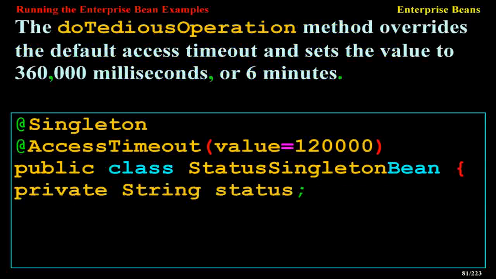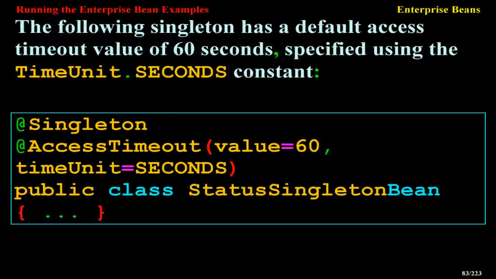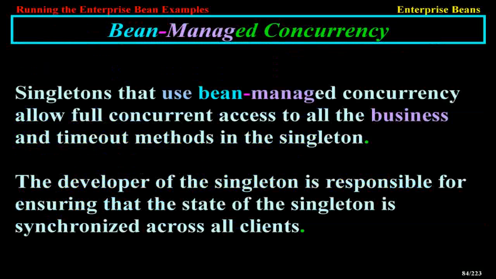@Singleton @AccessTimeout(value=120000) public class DataSingletonBean { private String status; @Lock(WRITE) public void setStatus(String newStatus) { status = newStatus; } @Lock(WRITE) @AccessTimeout(value=360000) public void doTediousOperation() { ... } The following singleton has a default access timeout value of 60 seconds, specified using the TimeUnit.SECONDS constant. @Singleton @AccessTimeout(value=60, unit=TimeUnit.SECONDS) public class DataSingletonBean {